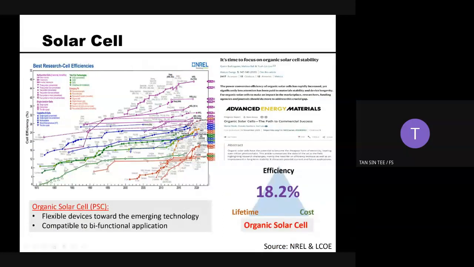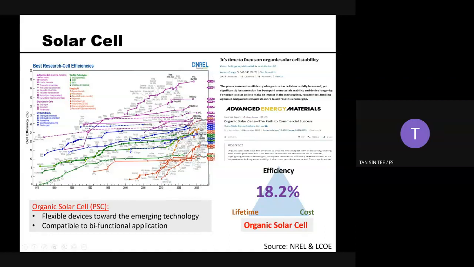Okay, this chart is showing you some of the recent records of the photo conversion efficiency of each type of solar cell. If you look here, the organic photovoltaic is at 18.2 as compared to those tandem solar cells. It means that if you stack just two solar cells together, you can always get a double up, with an efficiency of 47.